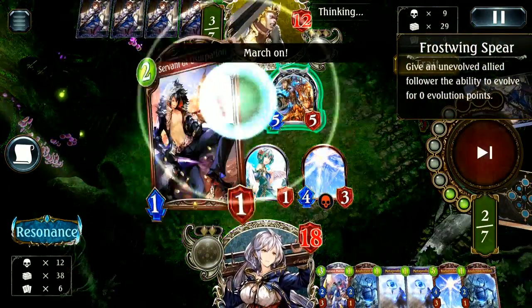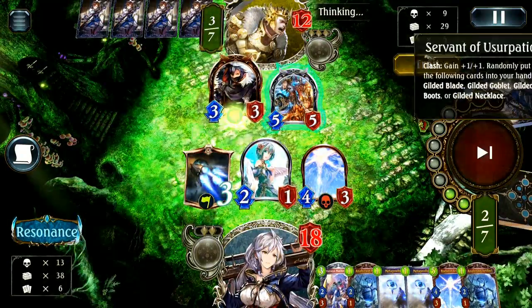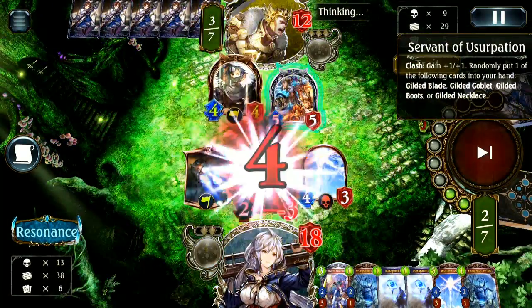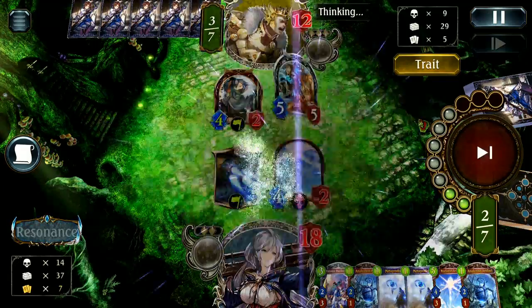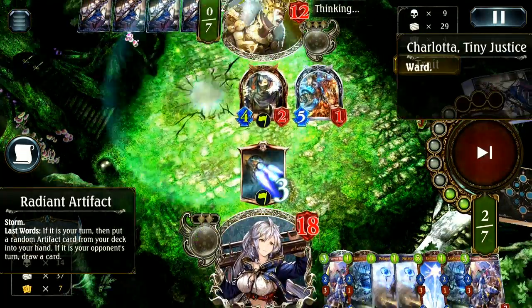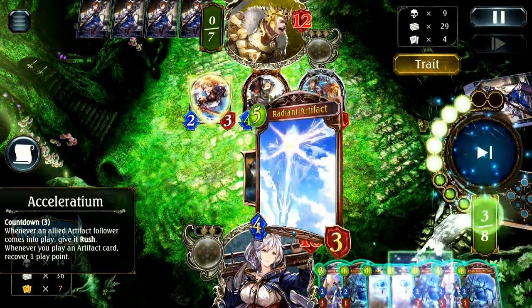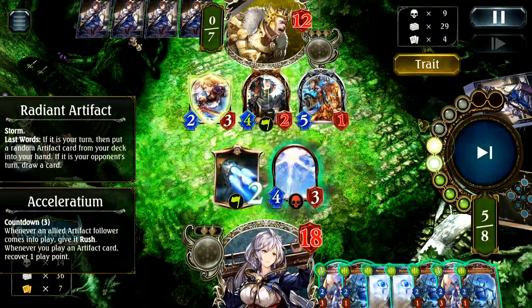Beautifully. March on! So the Sermon of Usurping is definitely quite a strong card. The fact that it buffs is definitely the most impressive thing about it. Being able to pretty much negate any 1-drop 1-1 kind of play, or any 1 attack follower in general, is super effective. So now we're going to pretty much clean this up,